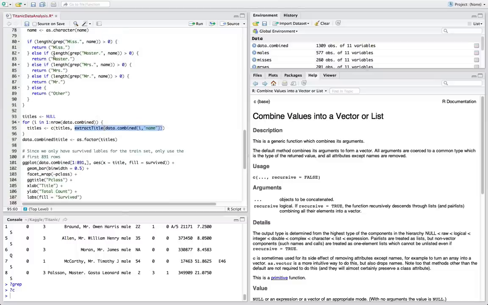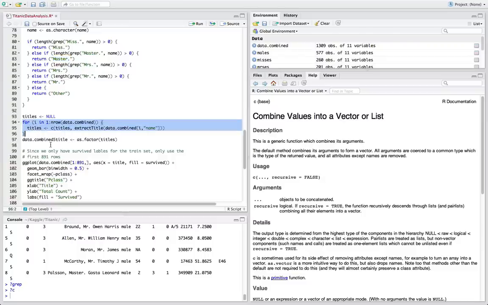It'll be a collection of strings, like miss, miss, miss, master, master, master, Mr., Mr., Mrs., Mr., master, miss. You'll get a big long list, and eventually you'll get 1,309 of those because we are iterating through the entire combined data frame.